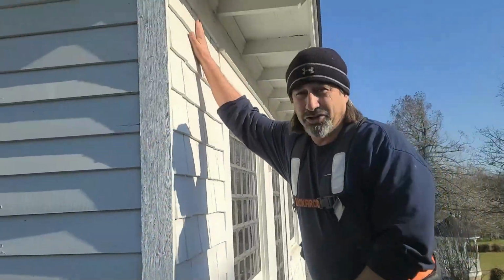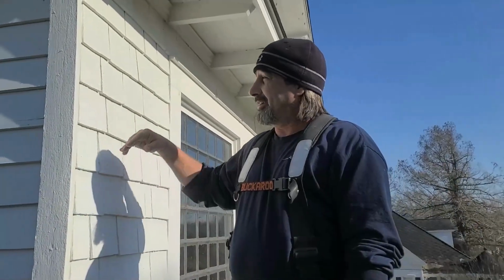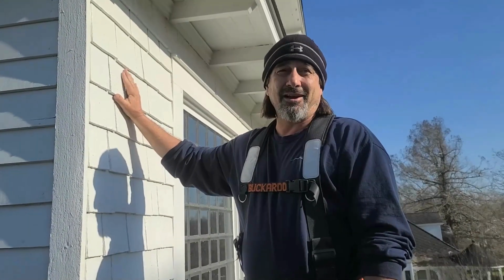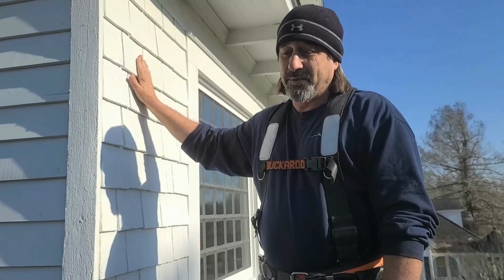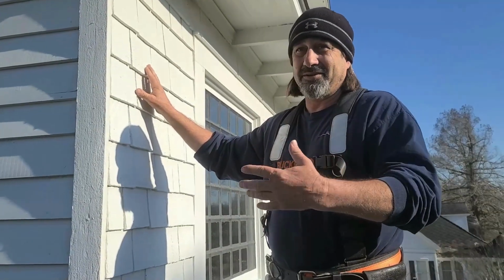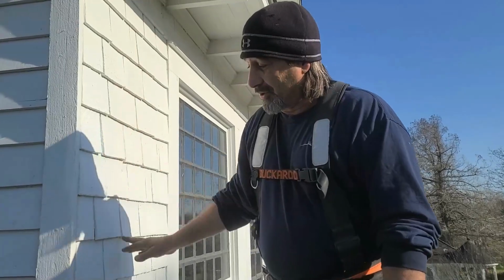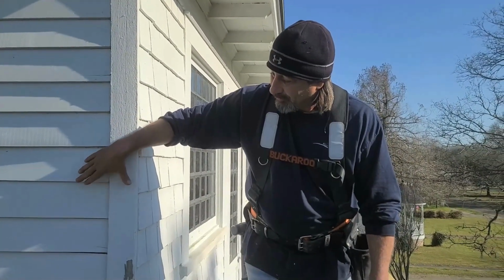Okay, come back right here. This house was built with wooden shake. Not just any wooden shake, but cypress wooden shake. In South Louisiana, wood outside isn't going to stay great if it's not good wood, right? We try to use the same species that's grown here that does well in our swamps, so when you put it on the house, it's going to last. This was actually made out of cypress in the early 1900s. So the surprise that we had once we started pulling this siding off on the other side of the house